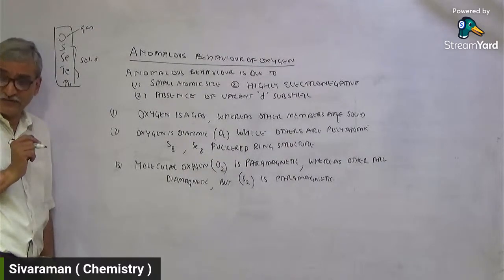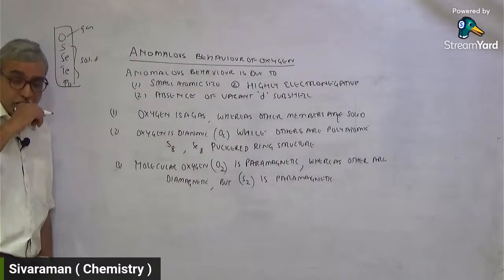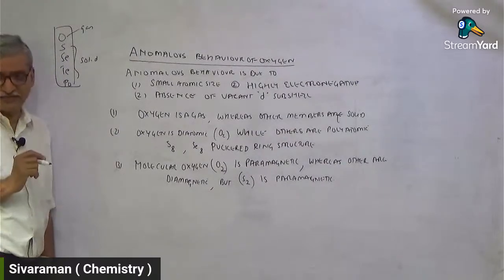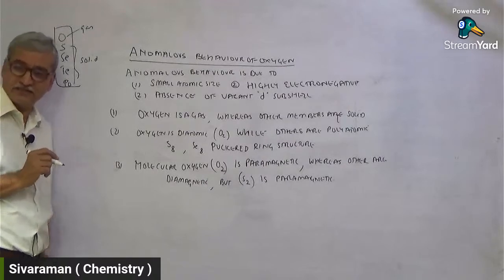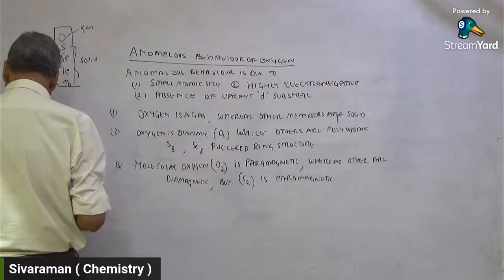You might miss the point because we are saying everything is diamagnetic. Sulfur, octa-atomic molecule is diamagnetic, sulfur diatomic is paramagnetic. Remember that. Then what happens is,